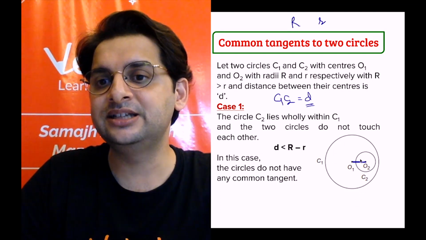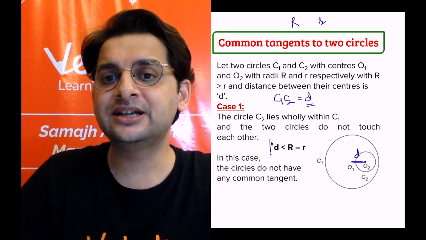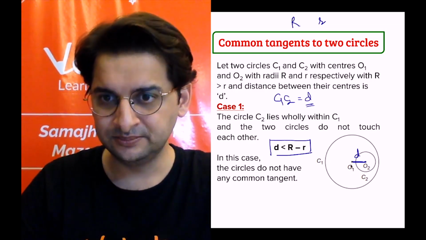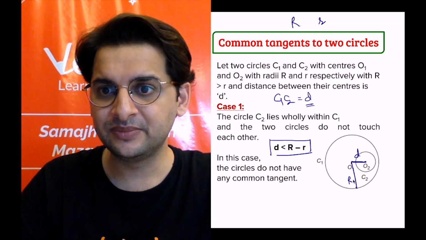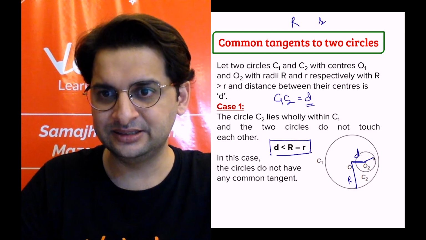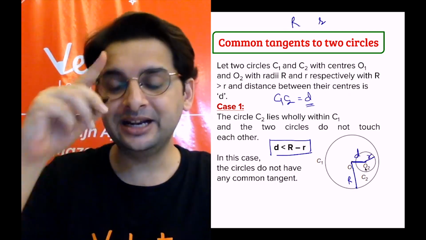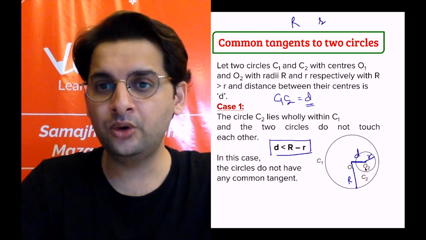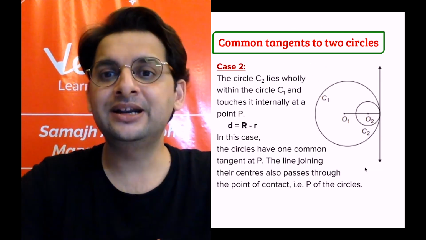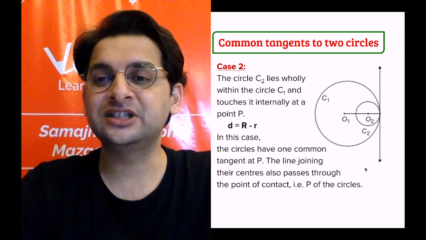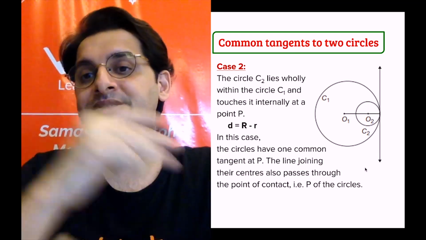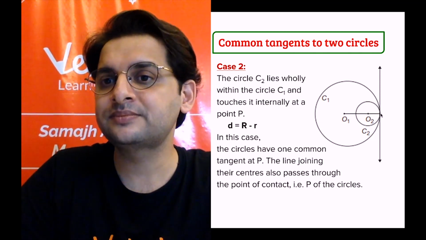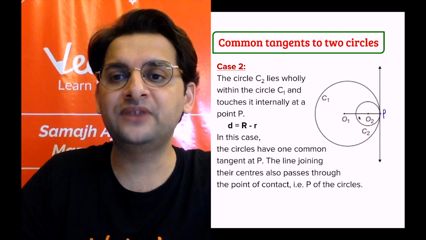So when one of the circles is completely inside the other circle, let's say this distance is D. Can I say this is the condition, D would be less than capital R minus small r, because capital R would be this and small r would be this distance. So clearly D is less than R minus r. And to make it more visible, let us do the second case, when the smaller circle touches the bigger circle from inside. So one circle is internally touching the other circle, let's say at point P. So P is the common point of tangent.